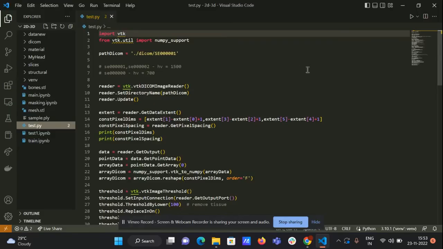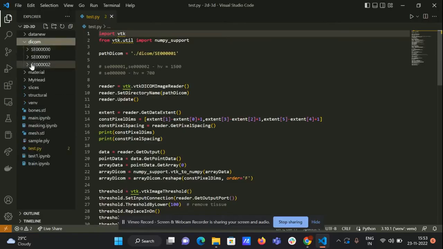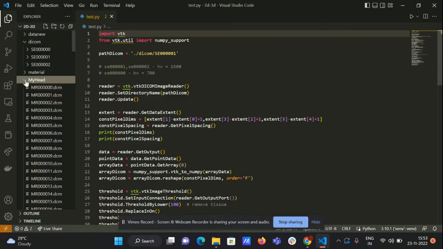We have used the VTK library, also known as Visualization Toolkit. This is used to create a mesh out of the data fed into it. Here I have some DICOM images. There are three DICOM images as the slices of front and back of it, and an entire head DICOM